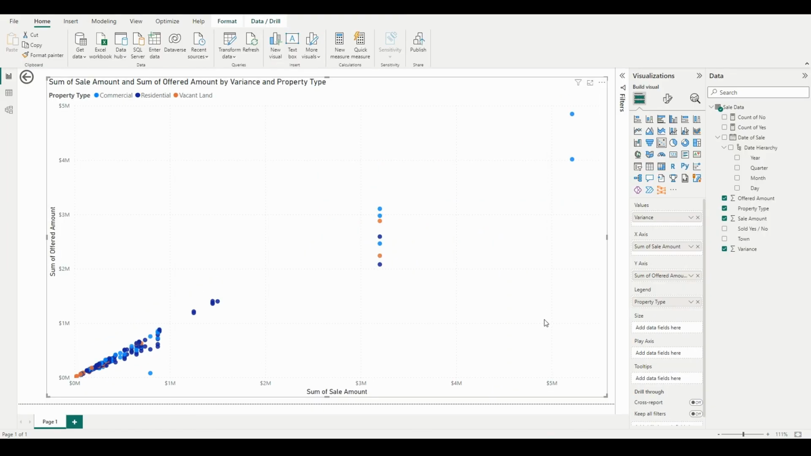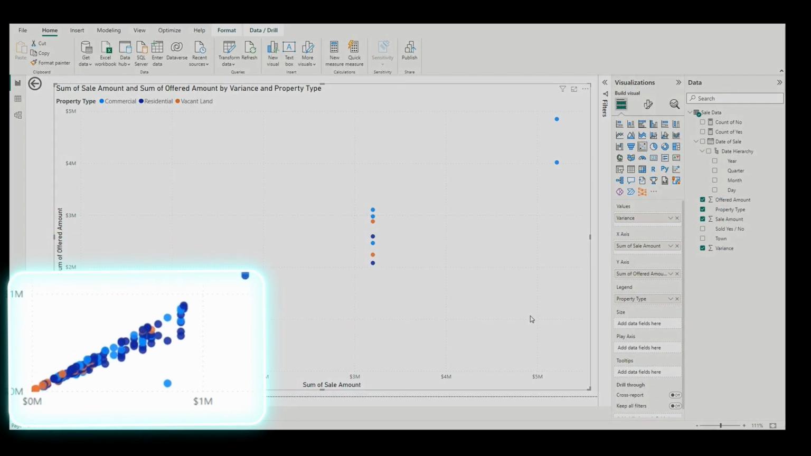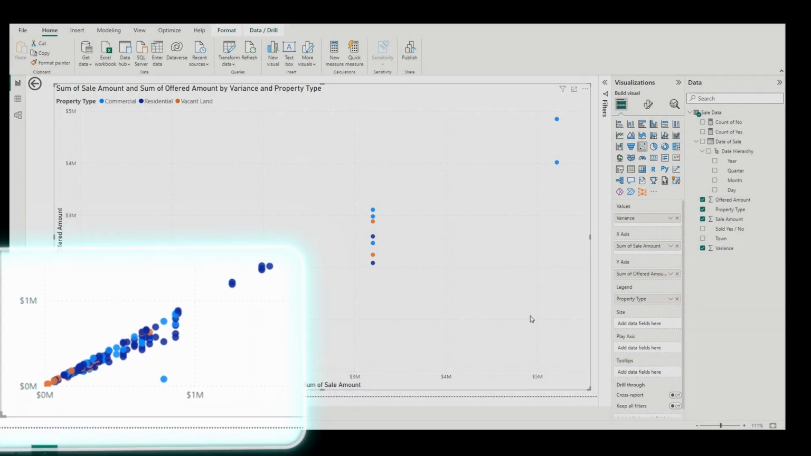To turn a scatter chart into a bubble chart doesn't take that many steps to complete. Why would we want to actually turn it into a bubble chart? Well, looking at this, we can see that we have quite some variation between the offered amount and the sale